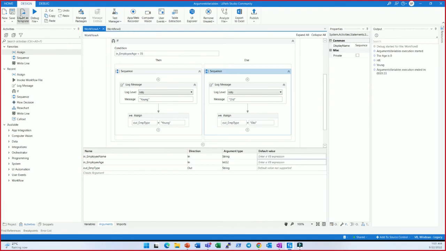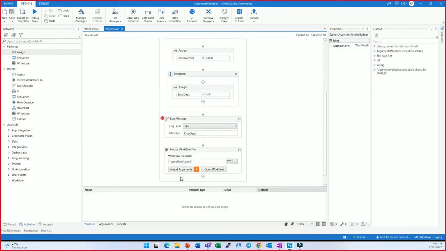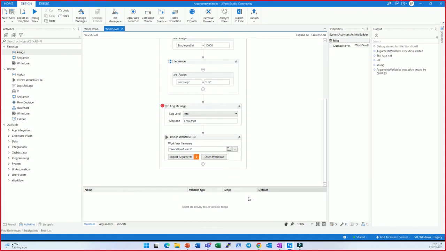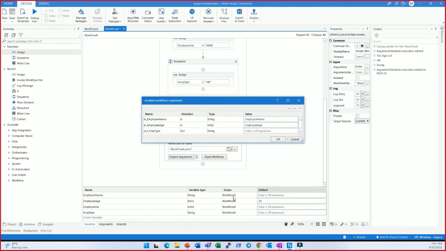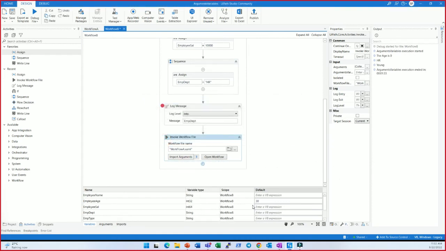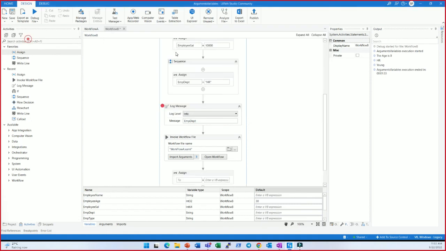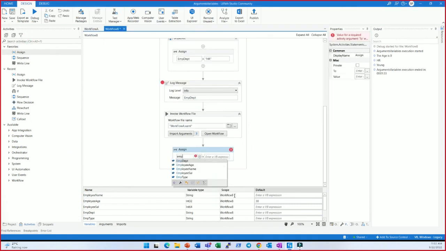And now I'll come back to my original first workflow. So when the workflow, now you can see that it is pointing that there are two arguments that you defined, but there is something which is missing. So I have a variable which is value. So out employee type is coming as an out, but we are not using it. So what we can do, we can create a variable from here as well by pressing Ctrl K and say emp type. Okay, and now as this is the out variable, so the value will be stored in emp type